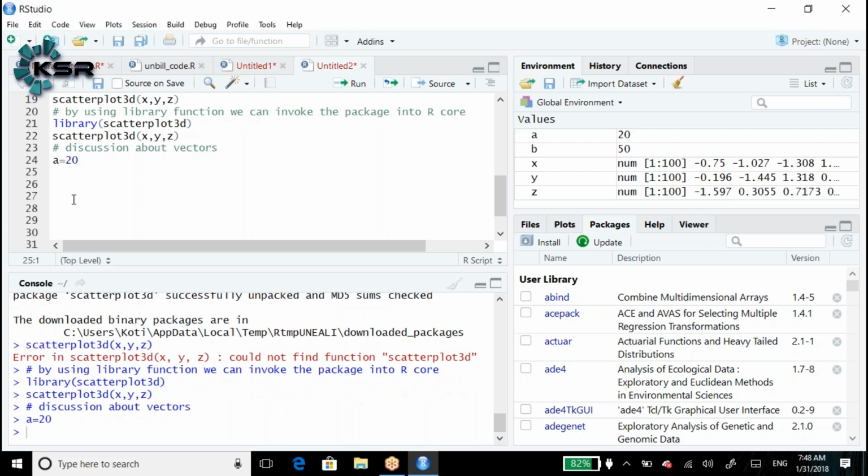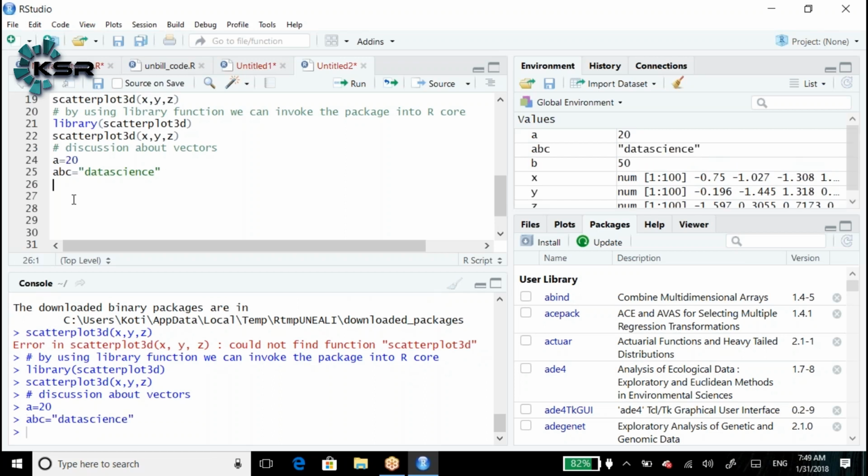Whether it's a numerical type or character type? It is a numerical type. For example, ABC is equal to data science. Now ABC is what kind of vector? Numerical or character? Character vector. Character vectors are always stored as strings.